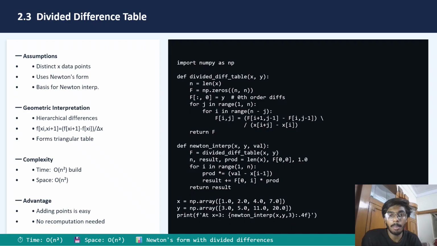Here we import numpy as np. We write the function, taking x and y as input for the divided difference table. We define n equal to the length of x. We define f as zeros of n comma n, and run the loop for j in the range i comma n. For i in range n minus 1, f of i comma j should be equal to f of i plus 1 comma j minus f of i comma j minus 1, divided by x of i plus j minus x of i,